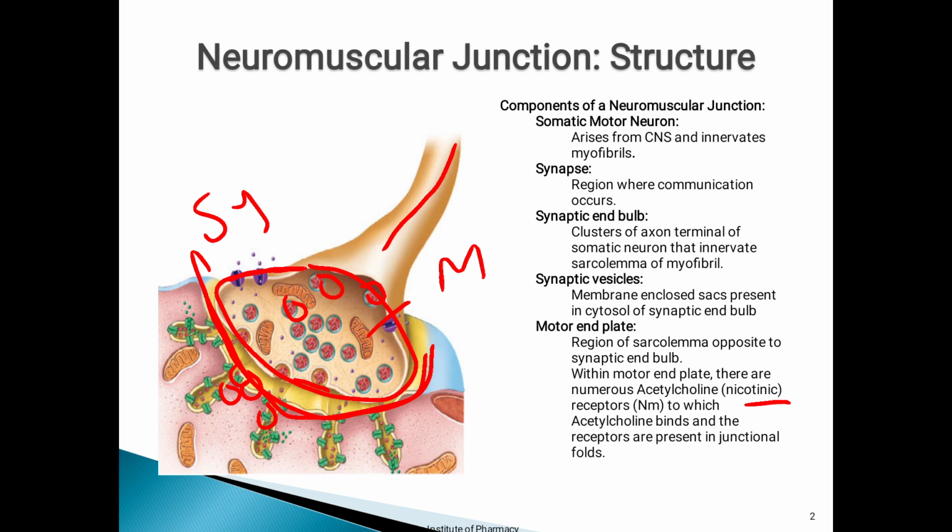Now these receptors are in association with the ion channel. So there will be one small place for the ligand to bind. Now the ligand in this case is acetylcholine. We know that a ligand binds to a receptor to carry out the next action. So the ligand in this case is acetylcholine, and it will bind to its receptors which are present on the motor end plate.